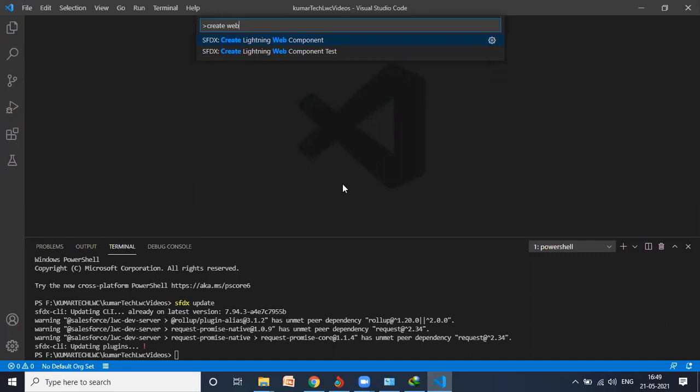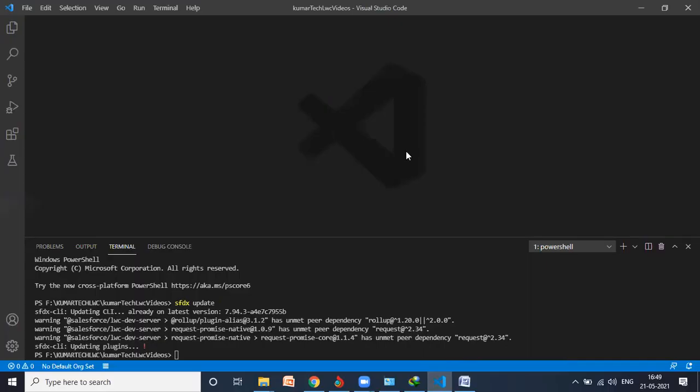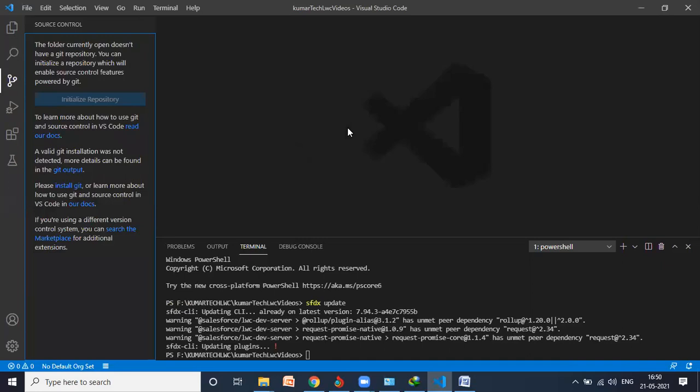So guys, now what will I do? I will create a lightning web component and deploy it into my org. Before doing this, one more additional thing I forgot to tell: if you want, you can sync this into your GitHub repository as well. To do that, type Control Shift G. I will type Control Shift G. Initialize the folder with GitHub.